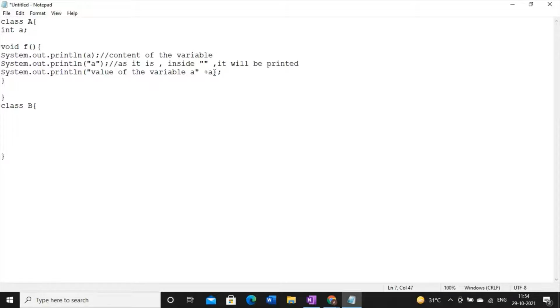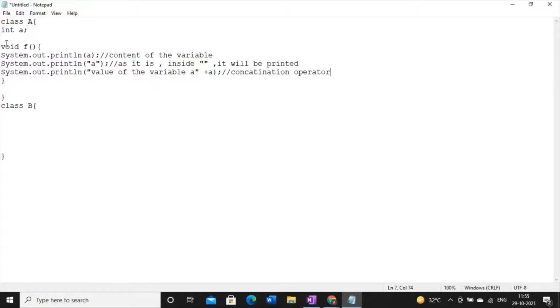Plus a means internally this a is converted to string. At that point this a will become a string and it is also a string. Now they can sit together. So in Java, whenever you are writing something and then printing some value, you have to use plus. Plus is known as the concatenation operator.